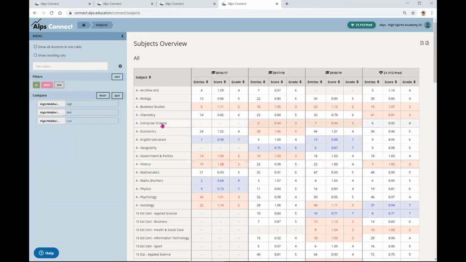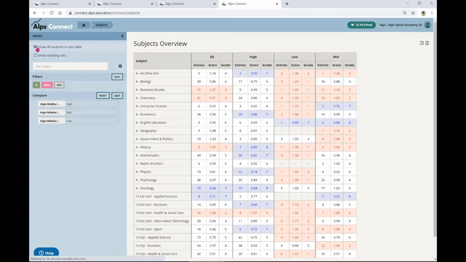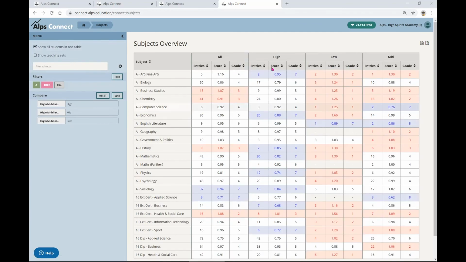But what we can do is put this together into one table. And there's one thing to watch out for: it puts these headings in alphabetical order at the moment, so hopefully we'll be able to swap this around. So when you come to do this yourselves, you may see them in a more sensible order. But for the moment, these are the high students, and that means in the top 4 bands. These are the students in the bottom 4 bands, and these are the students in the middle 3 bands.